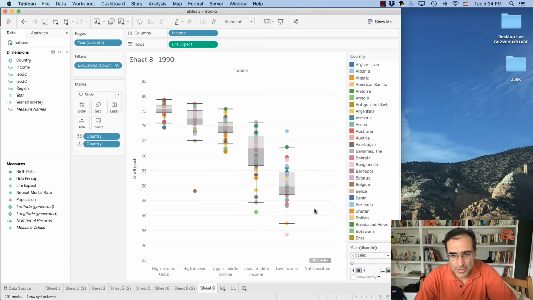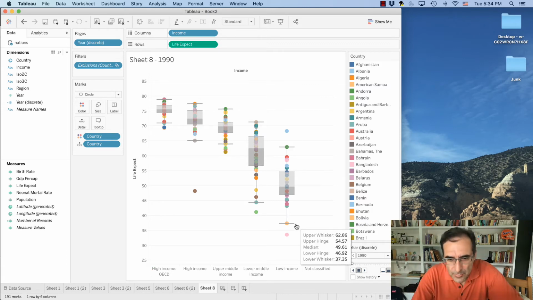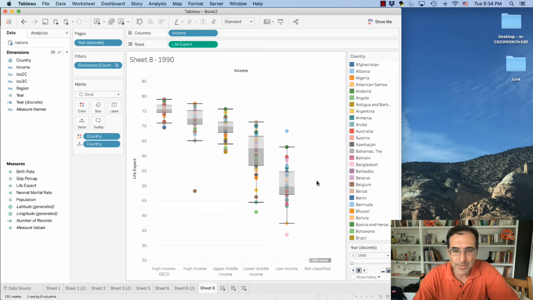So the best way to understand this is to look at the low income group. If you look at the low income group, the whiskers, this distance from this point to here, quartile 1, and this to up are equal. They have to be equal. So take this difference and then multiply it with 1.5 times. That's what the whisker is. All right, that's where it stops. Now let's go back to the slideshow